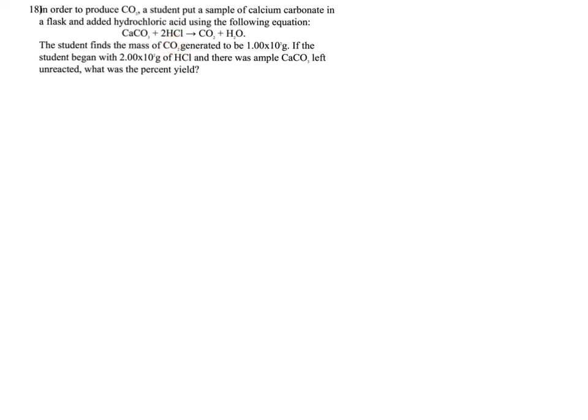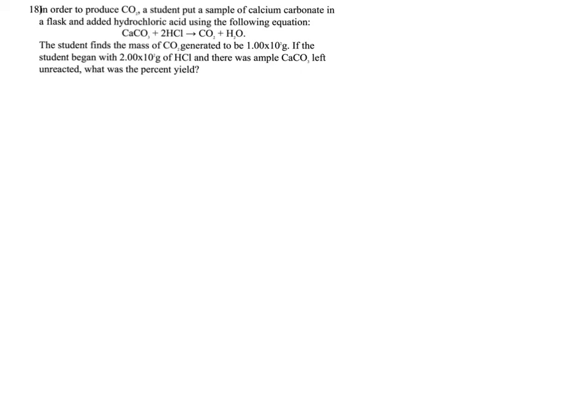Says the student finds a mass of CO2 generated to be 1.00 times 10 to the second grams. If the student began with 2.00 times 10 to the second grams of HCl and there was ample calcium carbonate left unreacted, what is the percent yield? All right, so what this means is that we're really only worried about the hydrochloric acid and the carbon dioxide,